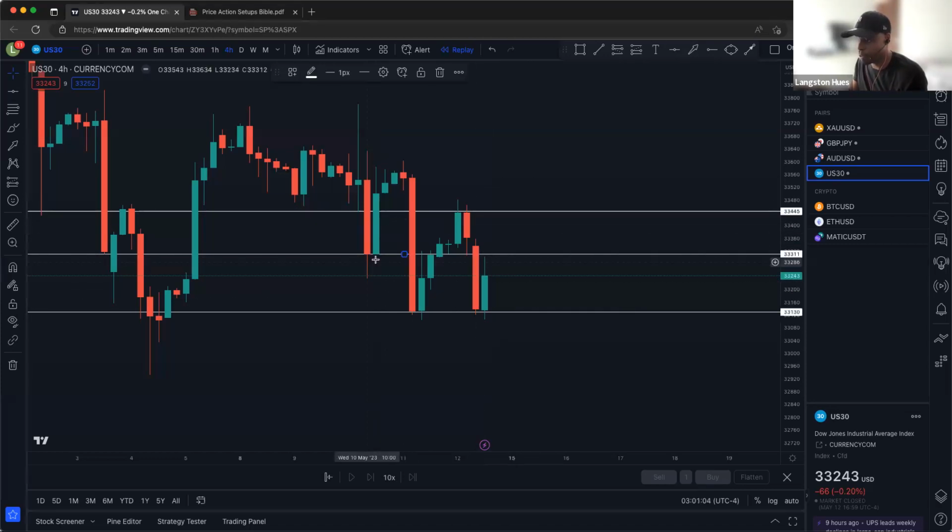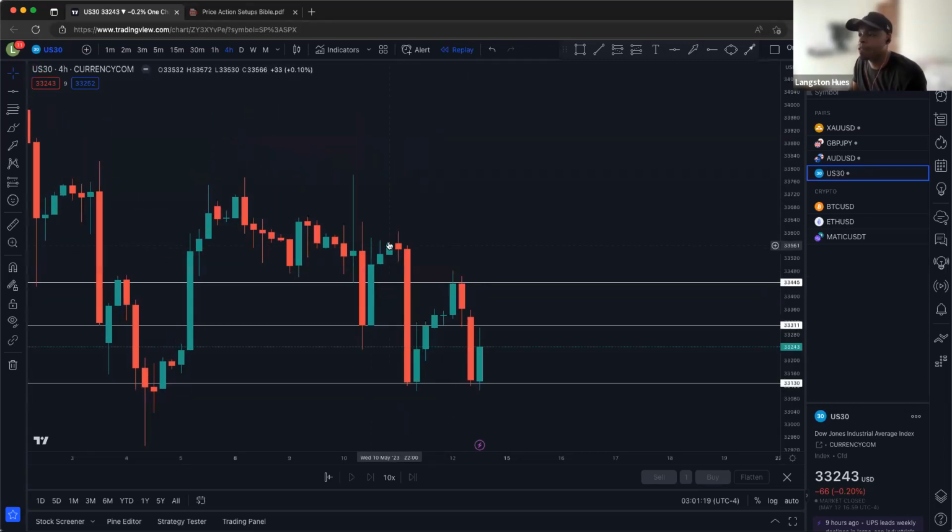It was a support here. Price bounced off, went up, broke all the way through, came up. It acted as a resistance right here. This candle reacted to this level. This candle reacted to this level. It was clean traffic, but it reacted to this level, key level. All right, so looking left, we got a resistance right here.